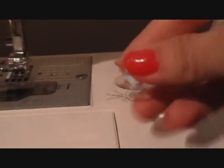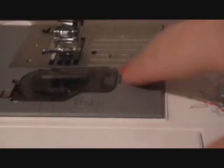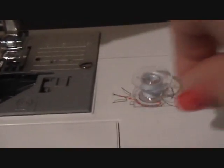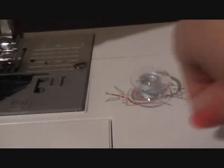Okay, so the bobbin is ready, and we're gonna put it inside this compartment. We're gonna slide the door open, so I'm gonna slide this little button to the side and it opens up. Pull it out and make sure this time that it's going clockwise. So you gotta go like this, and if you see that it's turning and spinning clockwise, then you're doing the